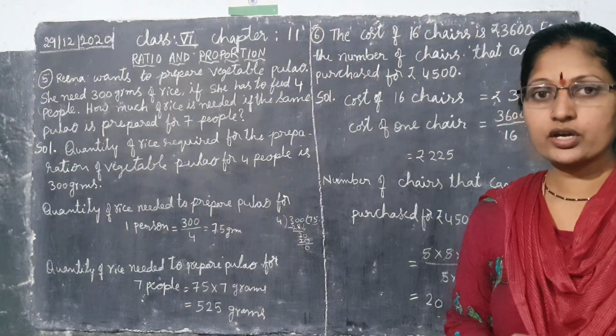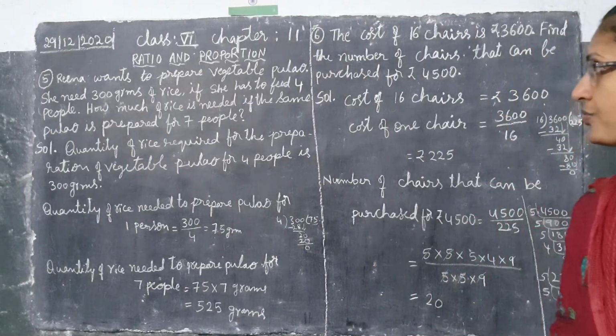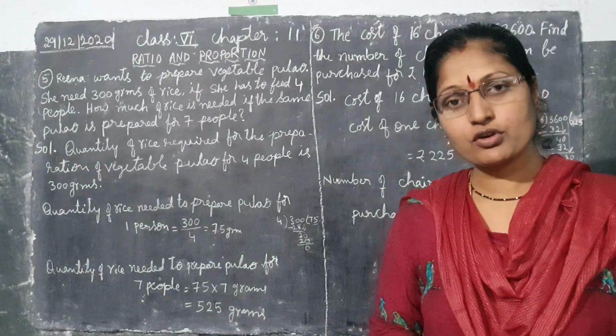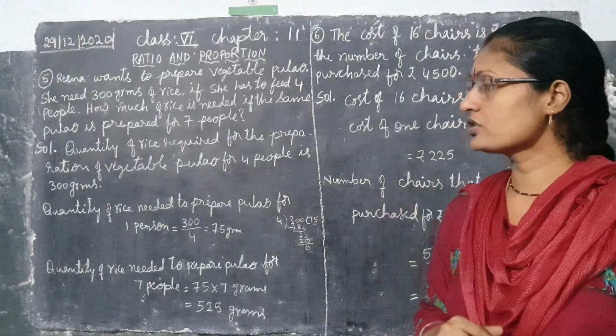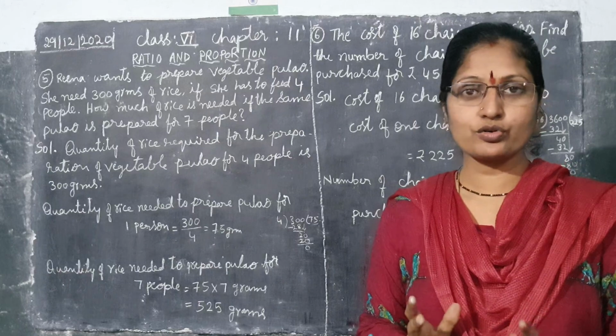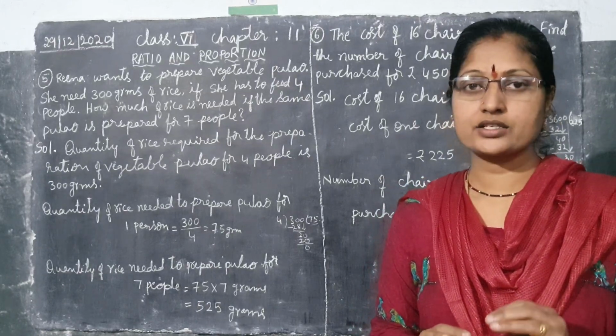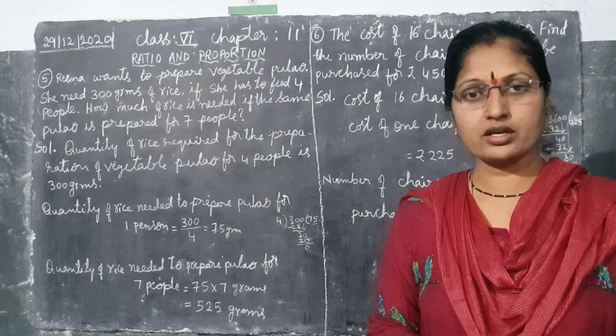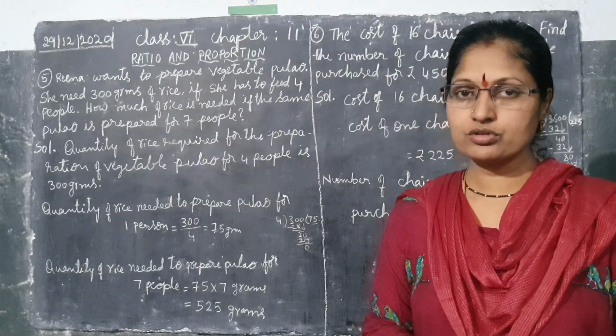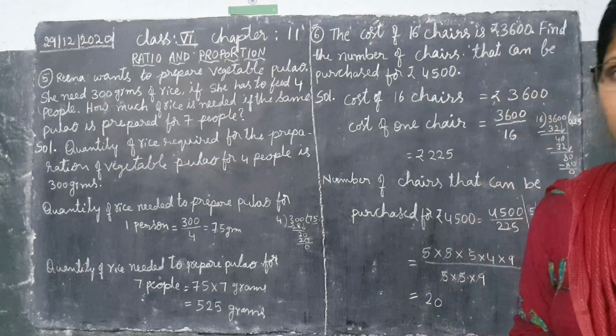These sums. Okay, now we will finish ratio and proportion. Next class we will go to the 12th lesson, children. If you have any doubt, call me. Otherwise, come to school. I will clear your doubt, children. Write the classwork neatly, children. If you finish your classwork, come to school and take correction, children. Okay, thank you, children.